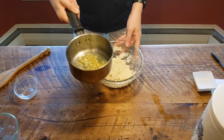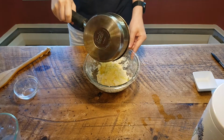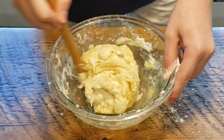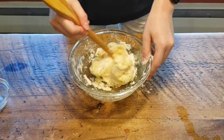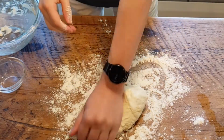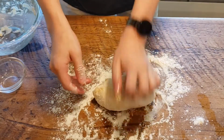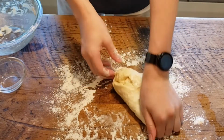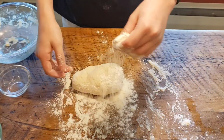I add my garlic and ghee into the dough and mix it around to incorporate it. Adding a bit of flour helps. Then I throw it onto a nice, well-floured work surface and knead it until it's nice and smooth. It's about 5 minutes or so. It might be a bit sticky and too wet, so it helps to continuously add more flour until it stops